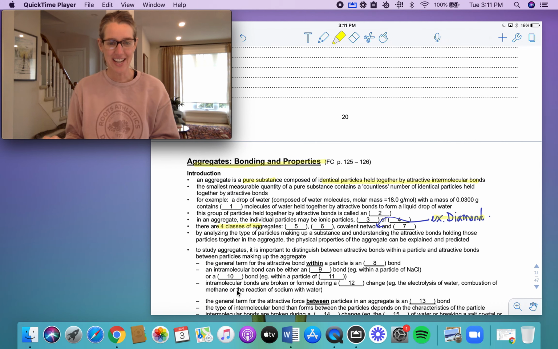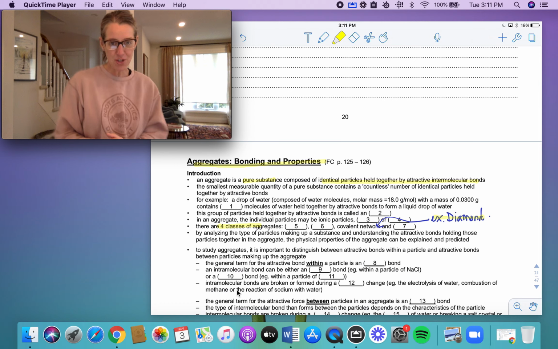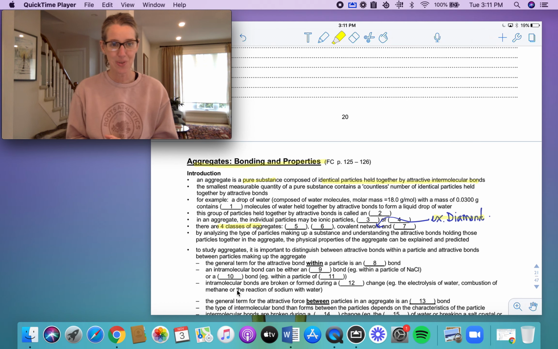Okay, hi grade 12s. What we're going to look at today is one type of compound. We're going to look at our ionic aggregates, and we're going to start with what this term means, aggregates in overall, total. We're going to look at a definition of it, a little small calculation, and then you're going to have quite a bit of time to just work on one kind of particle, physical, chemical properties, and answer some questions. Okay? So we are covering pages 21 to 26 in this topic, and then tomorrow's lesson you'll be covering